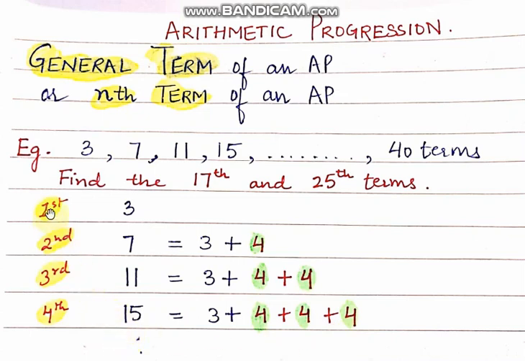So this is how we are obtaining every term. The first term is 3, of course, there is no jump involved. In the second term, there is 1 jump. For the third term, there are 2 jumps, and for the fourth term there are 3 jumps. Are you observing that for the fourth term, the number of jumps is 1 less than 4? For the third term, the number of jumps is 1 less than 3, that is 2 jumps. Now if I need to talk about the 17th and the 25th term, what will I say?